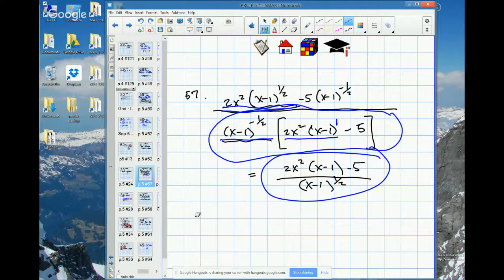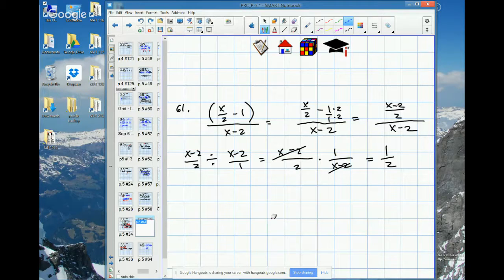Okay, I'm going to jump to a different kind of problem, and that would be represented by number 61. I guess some people call these compound fractions because you see how I have a fraction in the numerator, and yet, it's a fraction in a fraction. That's usually what we mean by a compound fraction. How in the world am I going to do this? Well,